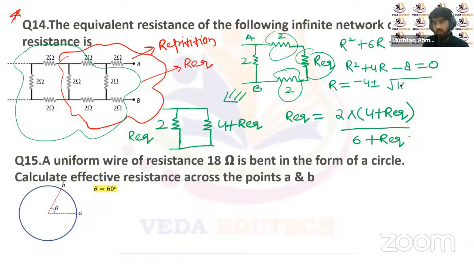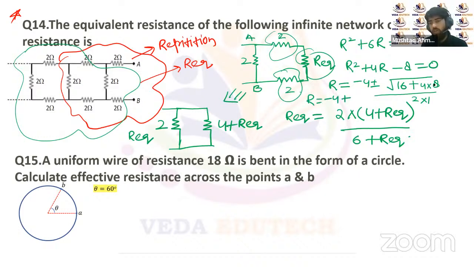b square is 16 minus 4ac, right? That will be 4 into a c, that is 8, right? Upon 2a, that will be 2 into 1. So from here the equivalent resistance for this circuit will be R equal to minus 4 plus,